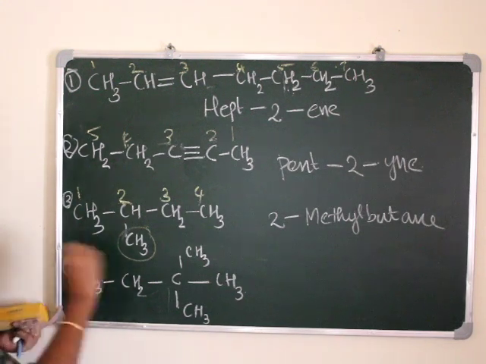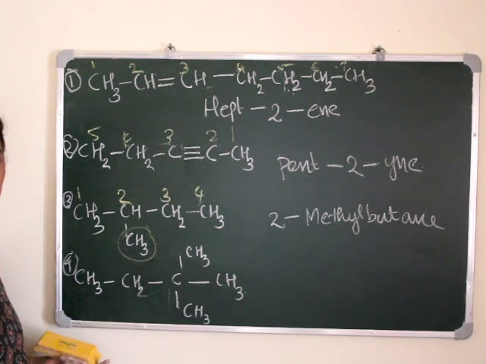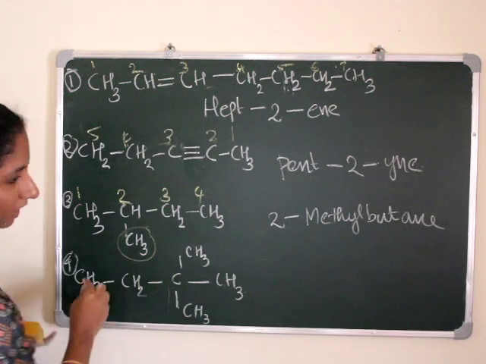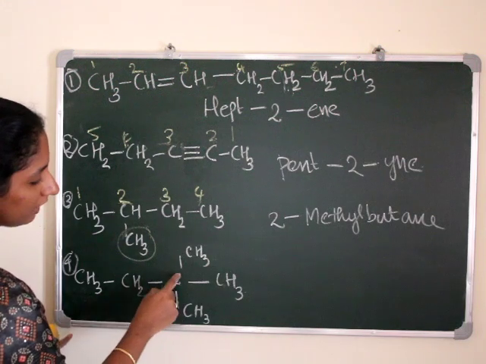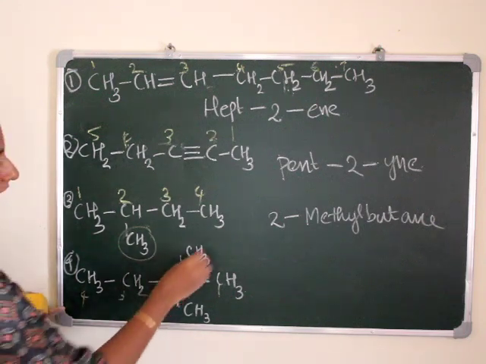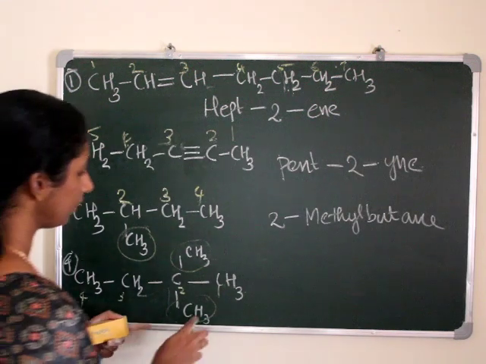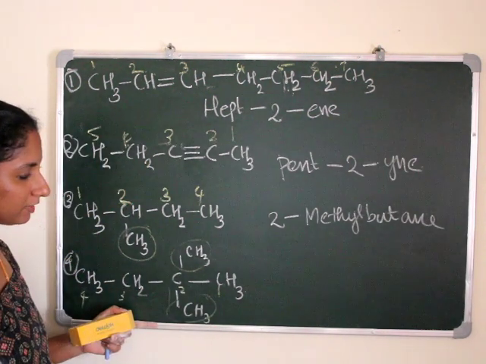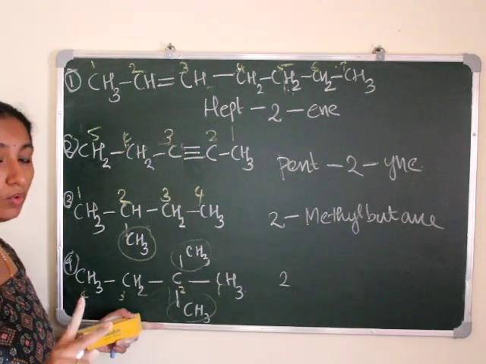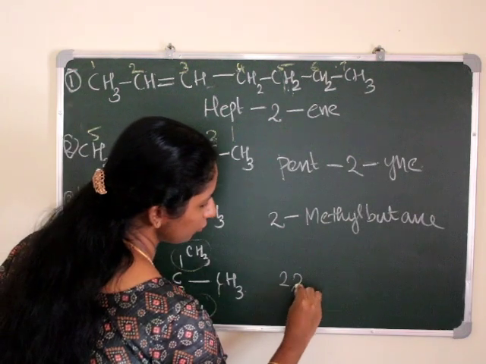So when we are numbering from left to right, 1, 2, 3, 4 like that. So at the third position we are having branch, right? So when we are numbering from right to left side, 1, 2, 3, 4 like that, we can count, right? So the position will be at the second. So we can choose this numbering 1, 2, 3, 4 like that. Okay. And the branches are present at the second carbon atom. Okay. So how can we give the name? The position of carbon atom at which these branches are attached is 2, right? 2. And there are 2 branches present at the same carbon atom. So we want to put 2, 2 like that.